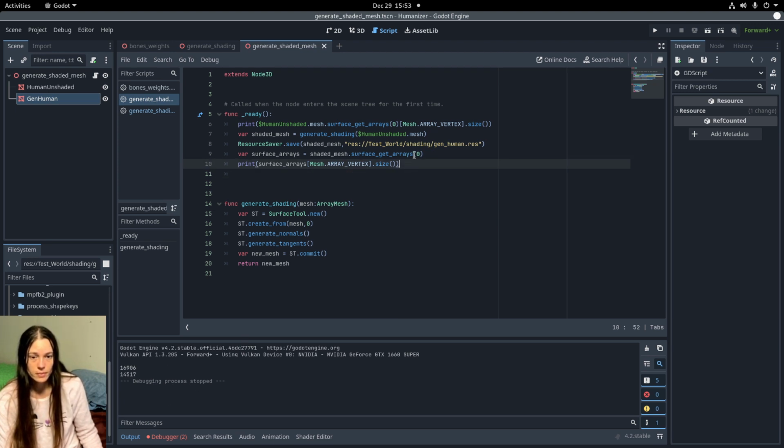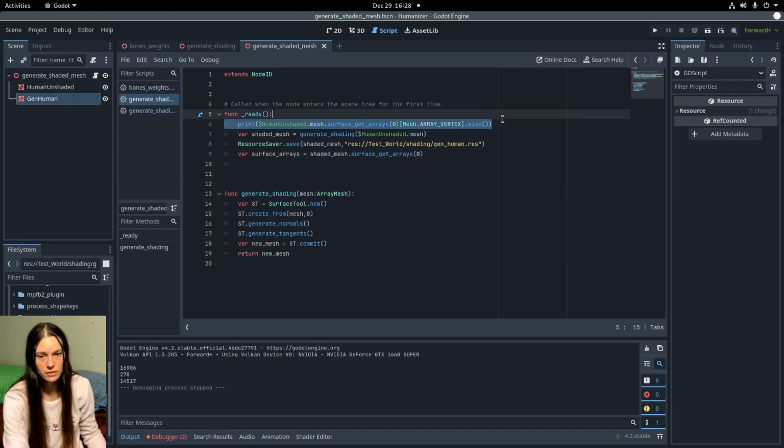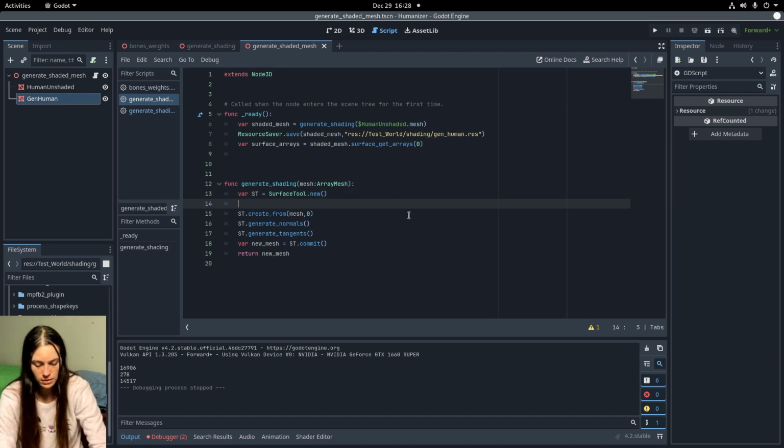So basically, when it reorders the vertexes, it also has to reorder all of the UVs and the bones and the weights and whatever other arrays that you have set. So you just want to pass in the minimum amount of data to the SurfaceTool in order to make this run faster. So I don't need to print the vertex array sizes, and in the generate shading function, I'll make